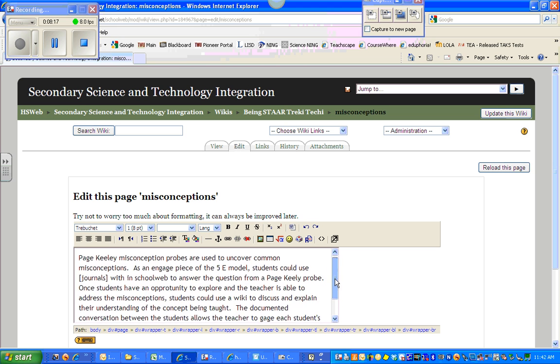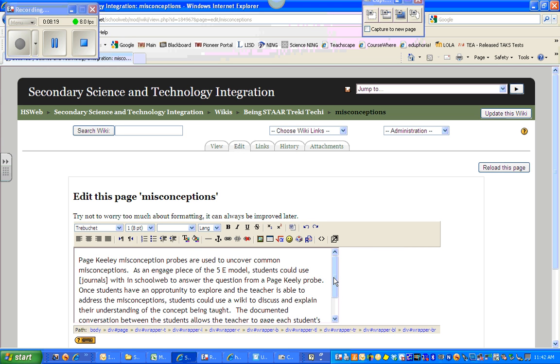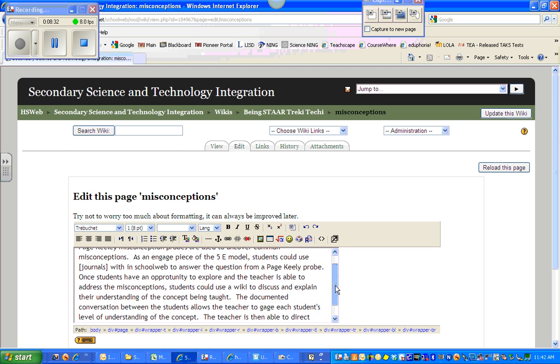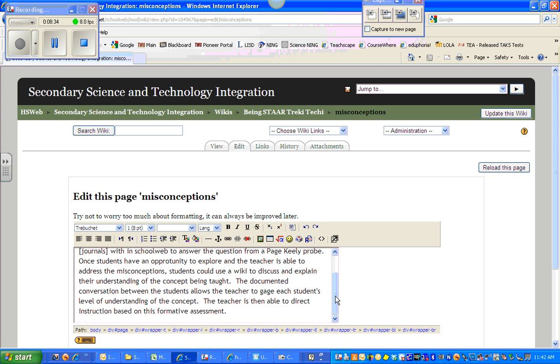I was able to type in here and explain that Page-Keeley misconception probes are used to uncover common misconceptions. As an engaging piece of the 5E model, students could use journals within School Web to answer the question from a Page-Keeley probe. Once students have an opportunity to explore and their teacher is able to address those misconceptions,